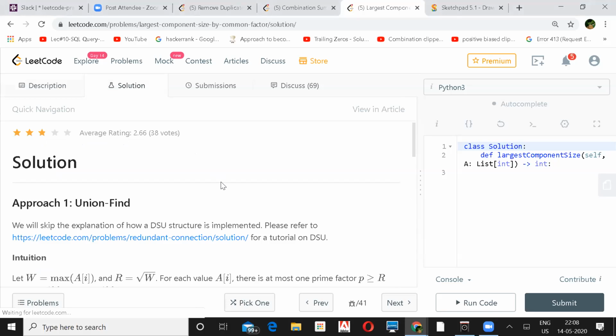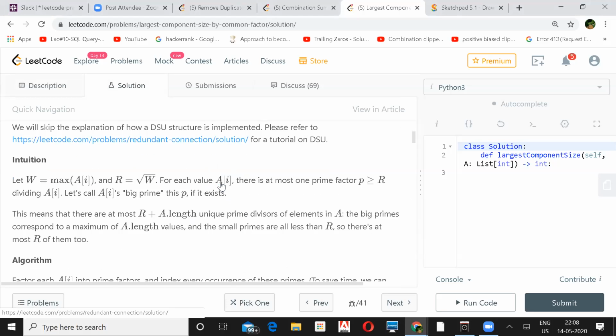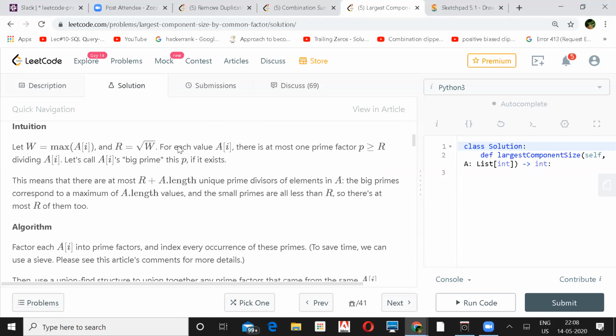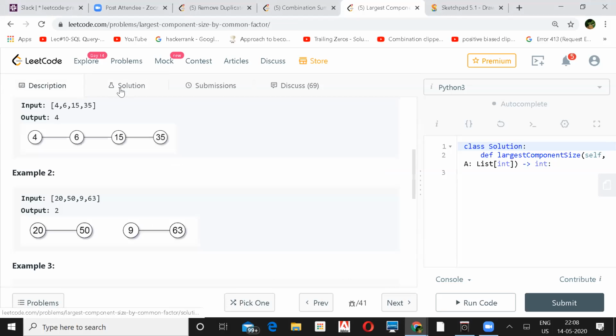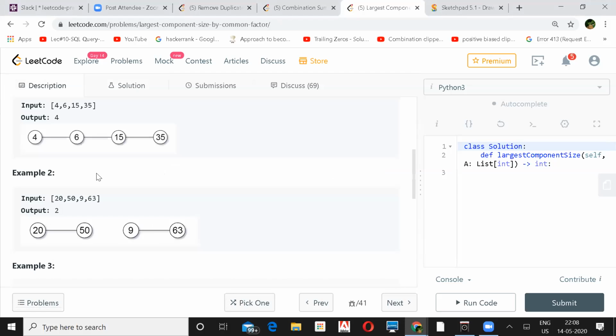What I understood from that is, if you go for example 1, 2, 3, any one of them, you first create all the prime factors of each and every number. Like in the first one, you have 4, 6, 15, and 35. You create prime factors for each and every one. You form a list for that, maybe store it in some map. And then you find which are the common prime factors that have some indexes.